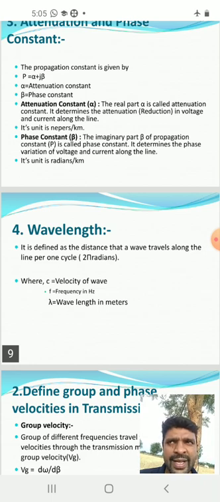In 2π radians, the distance traveled by the wave is called wavelength. It is indicated by lambda, lambda equal to c by f. Lambda is wavelength in meters, c is the velocity of the wave in meters per second,